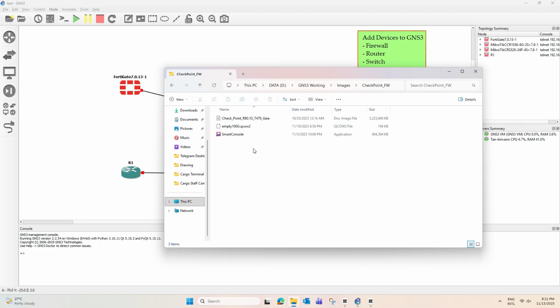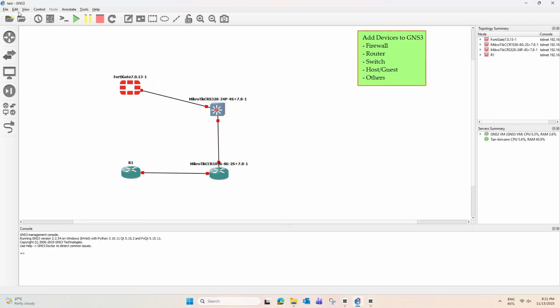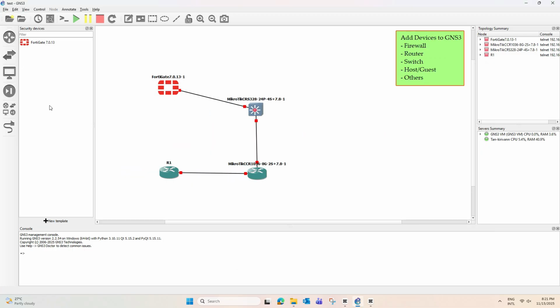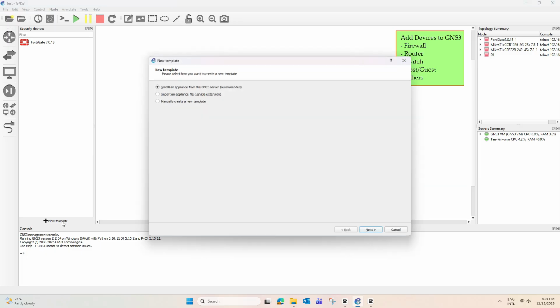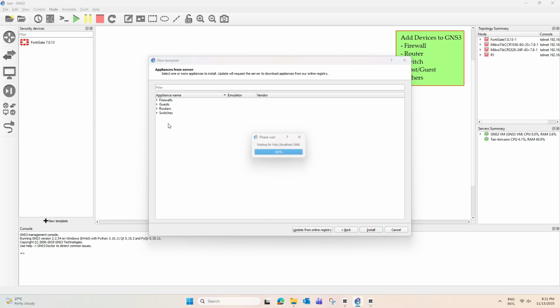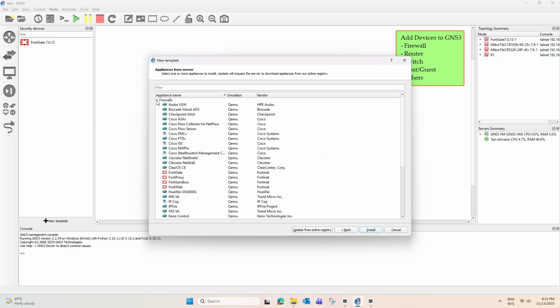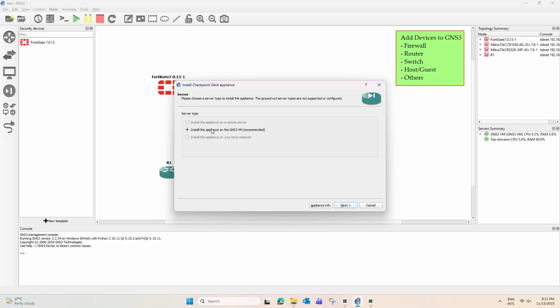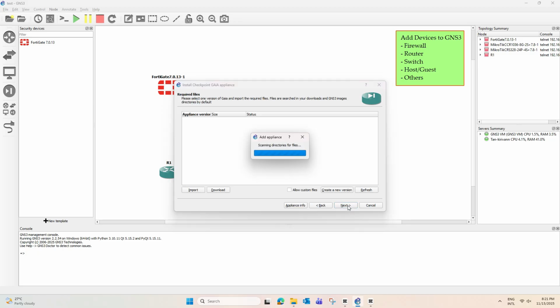So let's go to our GNS3 and then Check Point. We go to, let's say, firewall here. I click on new template. We choose that option and then click on next. Let's see, firewall, and then Check Point. Okay, and then click install on GNS3 VM. Click on next,